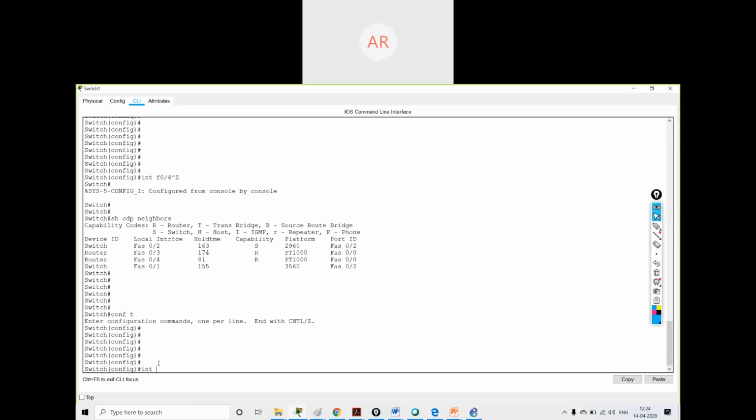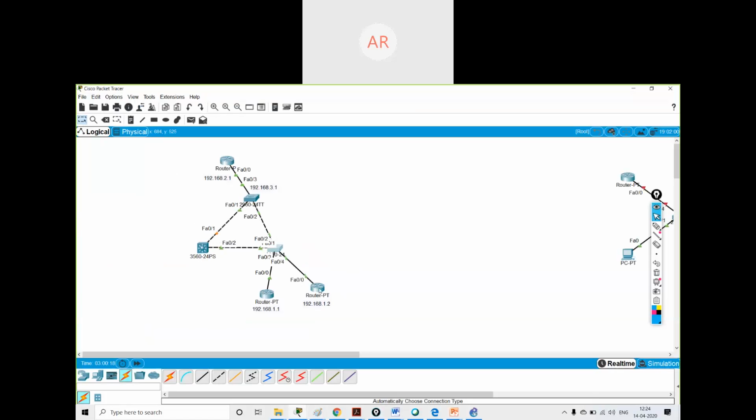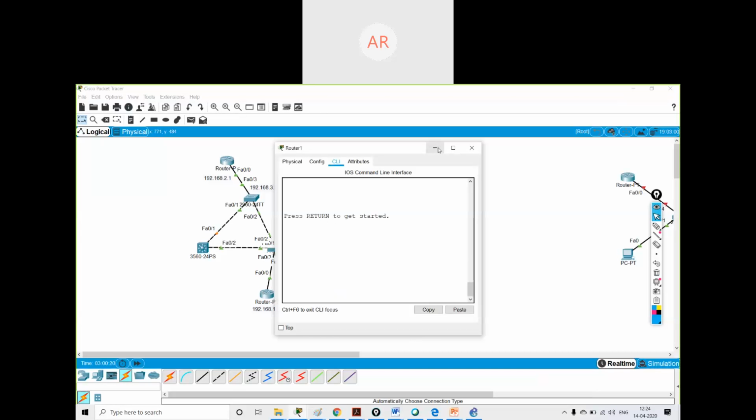I didn't get you. You mean since I have disabled this switch-connected port, in the router also I have to disable this thing? This is one-way disabling, sir. If we disable on the switch, from outside they won't be able to see inside. From the router, you can't see the switch details now, I think.